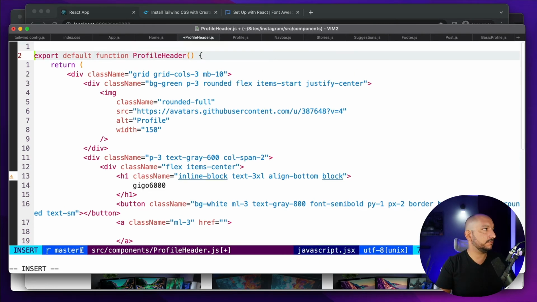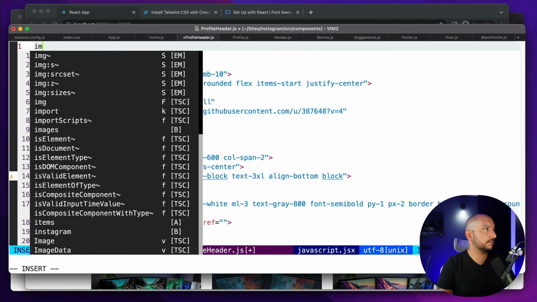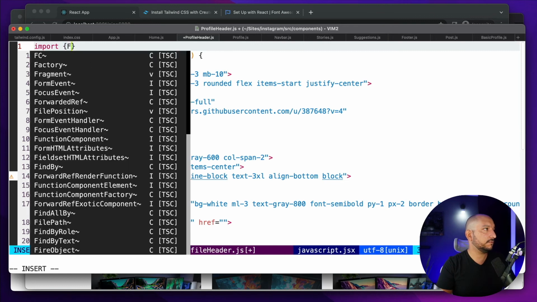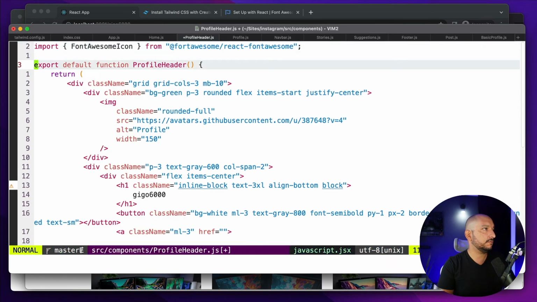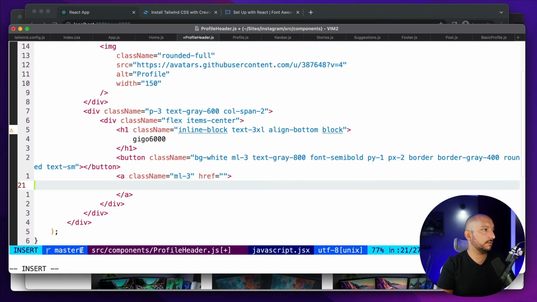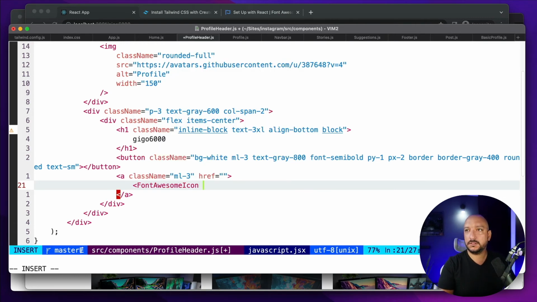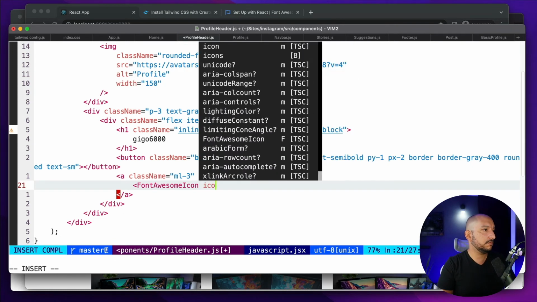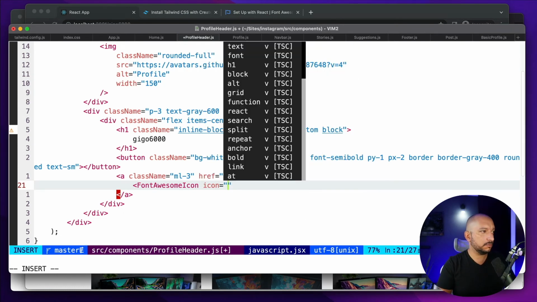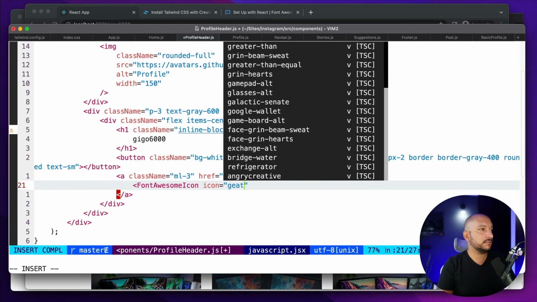So I need to import FontAwesome icon, and here use, this will be a solid icon, and this will be a gear,